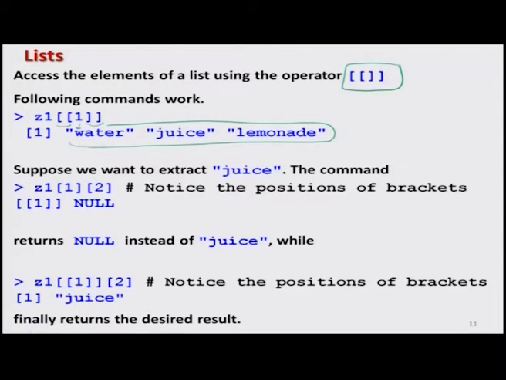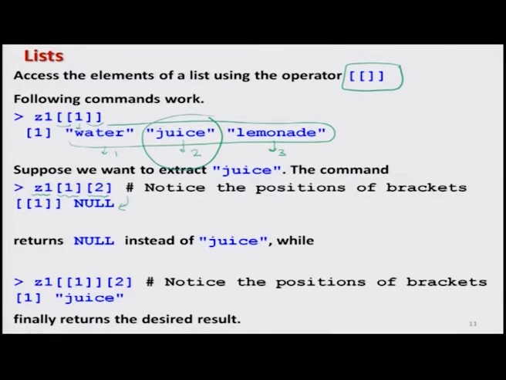So, if you try to see, this is my at the position number 1 water, juice is at position number 2 and lemonade is at position number 3. Suppose I want to have the information on juice, which is at the second position. What I try to do here, I try to write down here Z1, the name of the list. Inside the bracket I write the first element, and then I try to write in another bracket the position number 2, and we believe that this is going to give us the information about juice, but as soon as you enter here, you get here null,